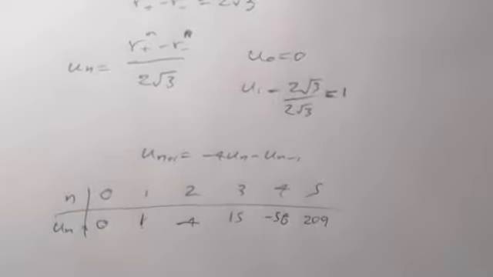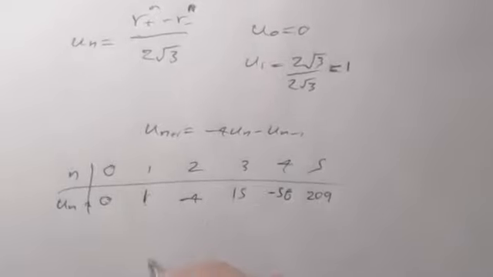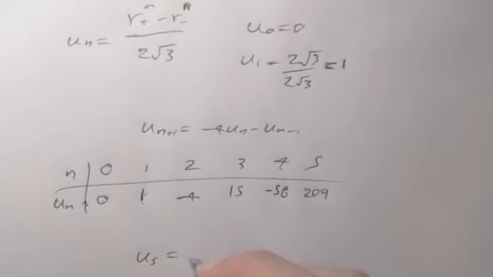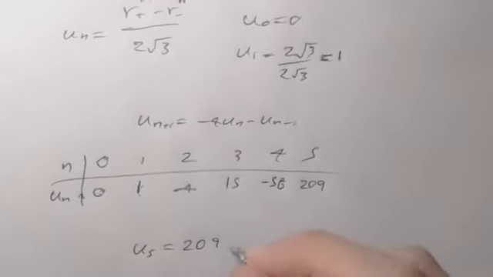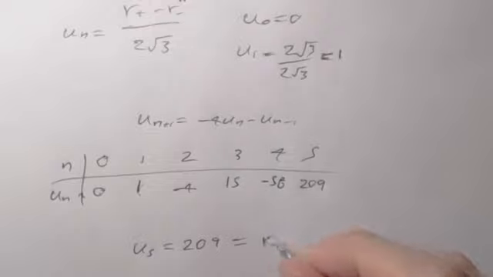So for example, we know that u5 equals 209, and u5 was